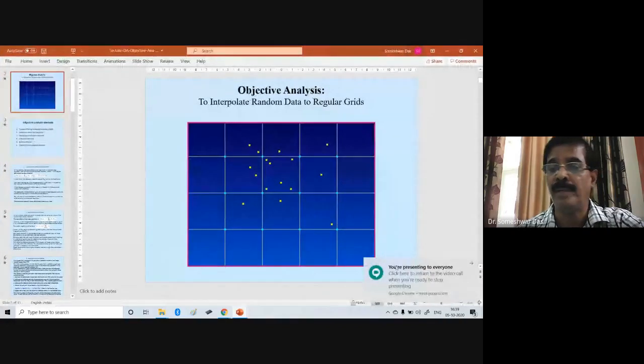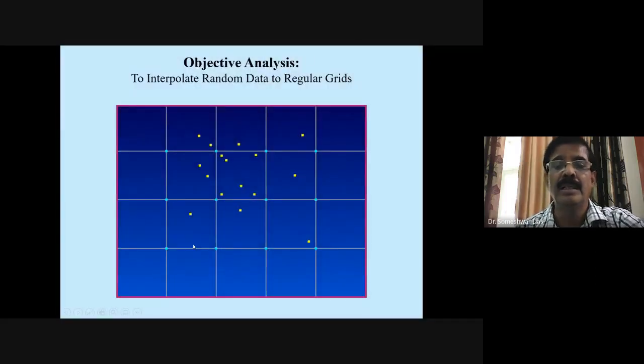Start my PowerPoint for the objective analysis part. So let me also start the laser pointer. Okay, so this part is clear, right? I was trying to explain